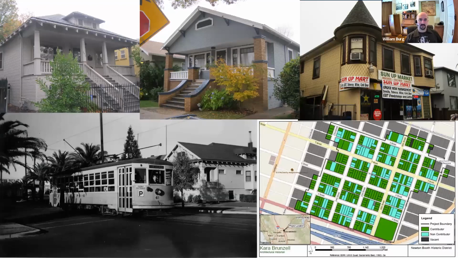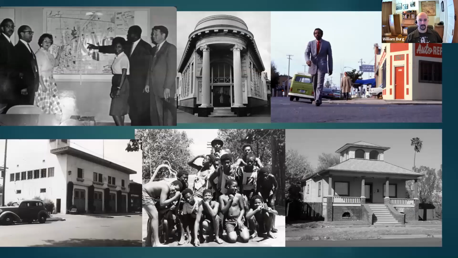Recent historic districts that were approved, places like Newton Booth, these were not the homes of wealthy people. These were primarily working class neighborhoods served by streetcars, small, modest, but beautiful homes, and missing middle buildings like this corner market in the middle of the block. Or Oak Park, the most recent historic district in Sacramento, I think, and it combined both the turn of the 20th century architecture with the African American history of the neighborhood as it became a neighborhood of exodus that we talked about.